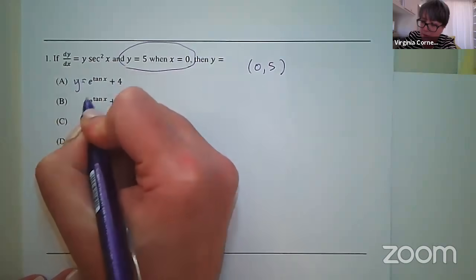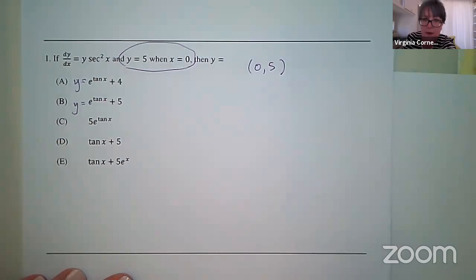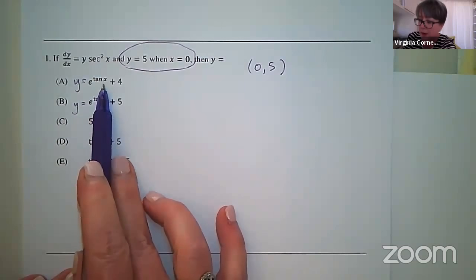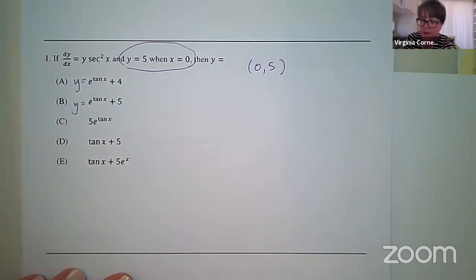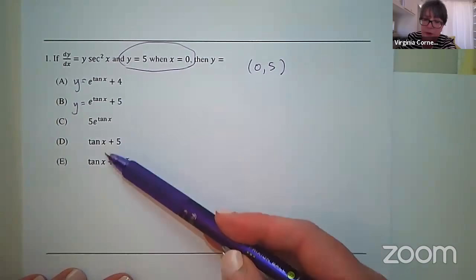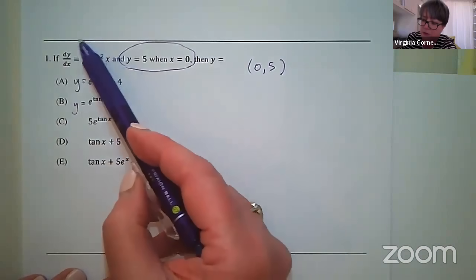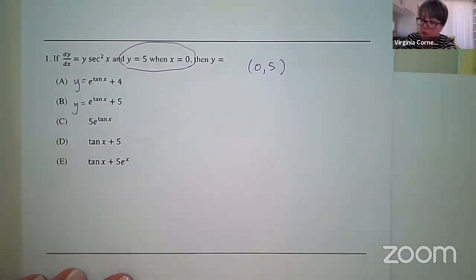So me personally, that would be the first thing that I would check into each of these expressions: substitute in 0 for x and see if I get an output of 5, because I might be able to rule out some choices. Then after that, I'm going to have to go ahead and take the derivatives, perhaps, of my remaining ones, and then see which one seems to fit structurally with this differential equation.